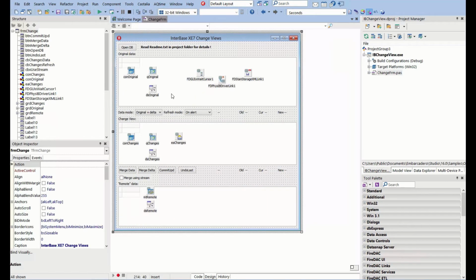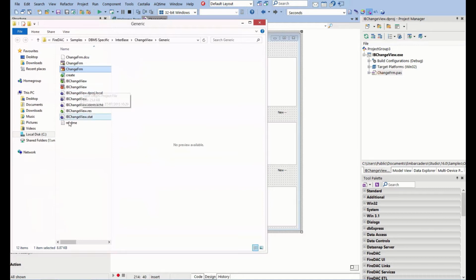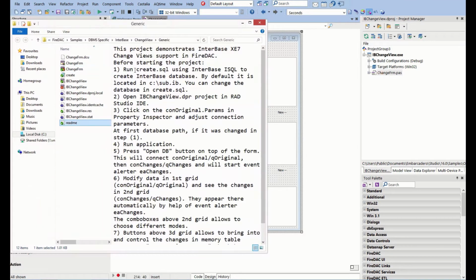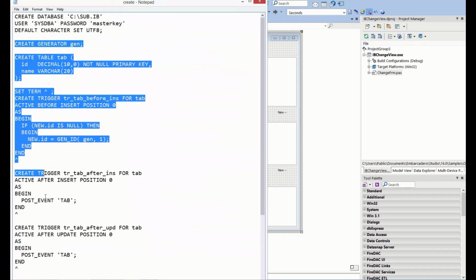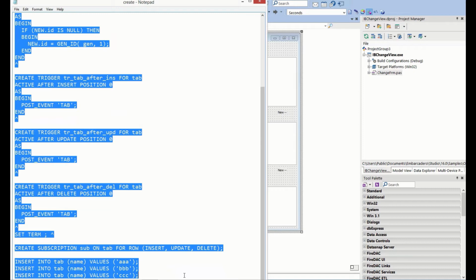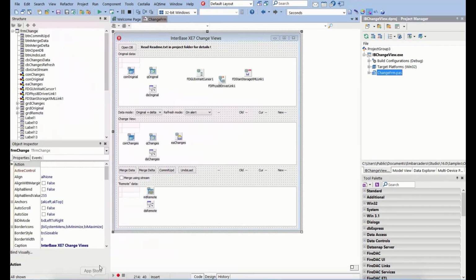And in here we can see that we have a button to open the database, we have the original data, and then we can see the change view data and then the merge data here. So here we need to go read the README, which should tell us about setting this up. So I'm just going to right click on the form, show in Explorer just to quickly get to the folder. And the README basically tells me to go create the database. So I'm just going to go and copy all the code in here, or the metadata code,